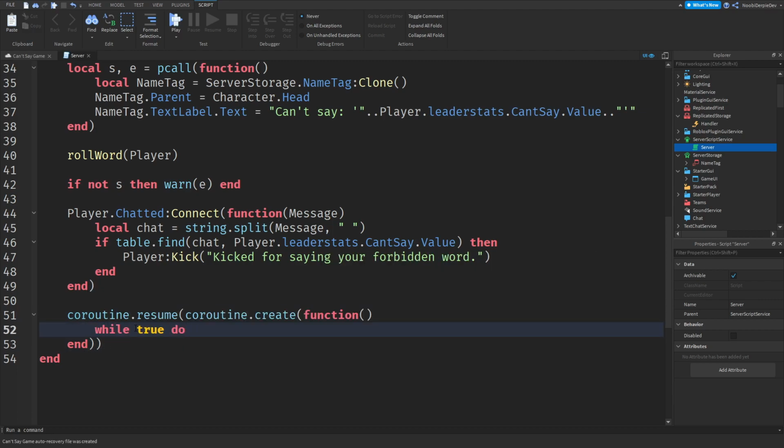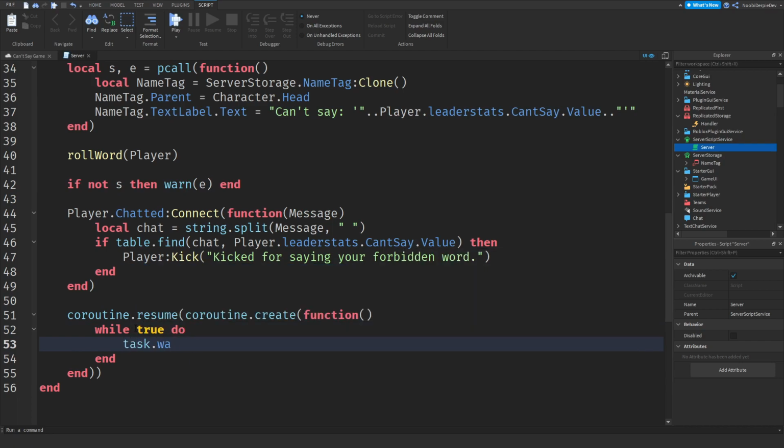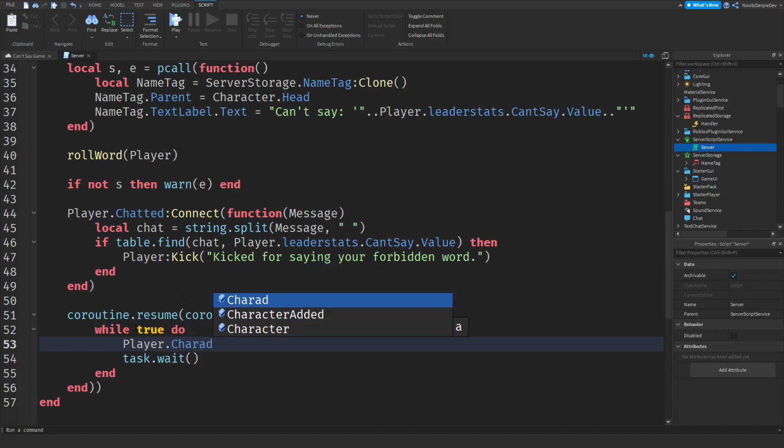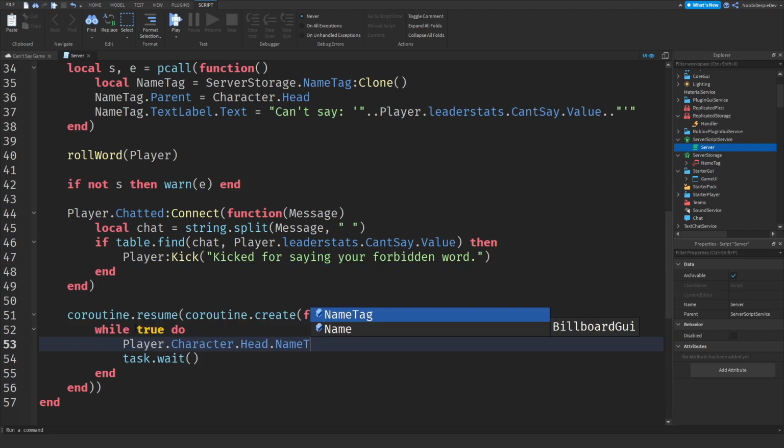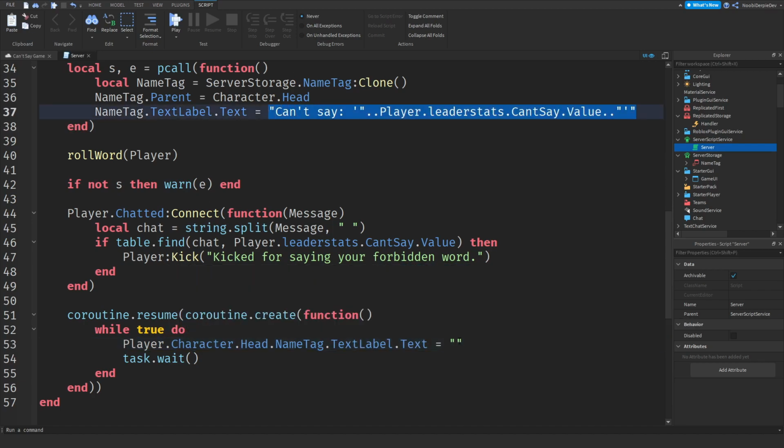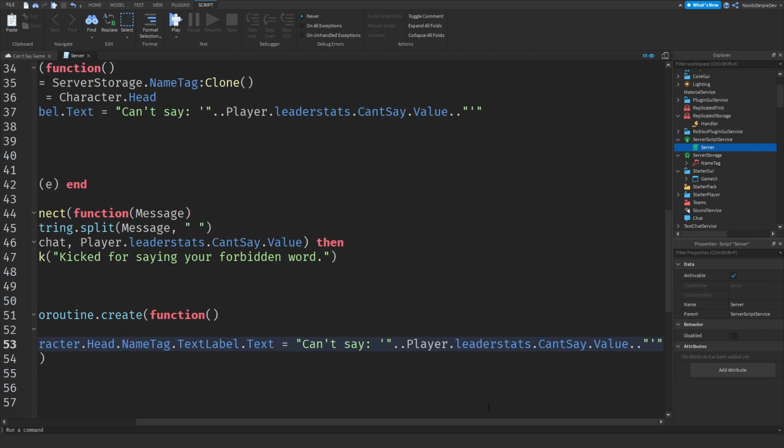While true do, and then task.wait(), like this, and then player.Character.Head.NameTag.TextLabel.Text is equal to, and then the exact same as this again. So let's just copy and paste that, and boom, just like that, that is your loop.